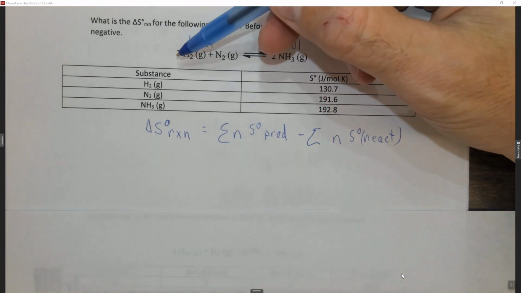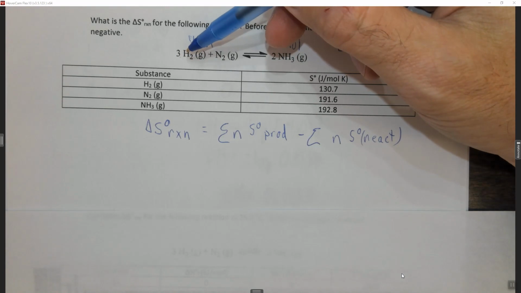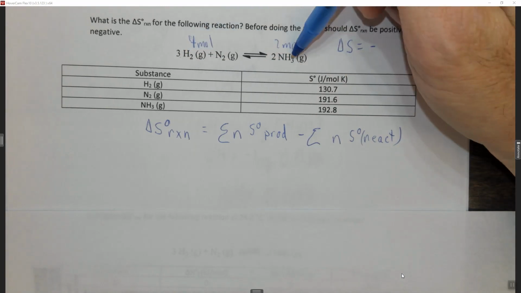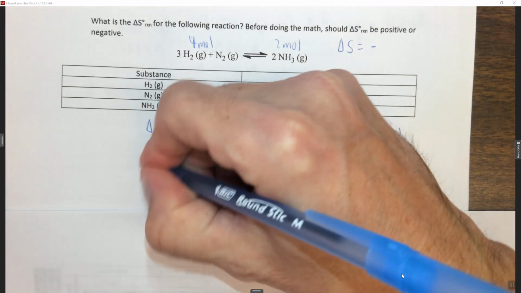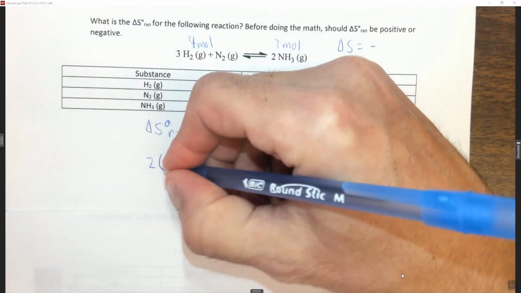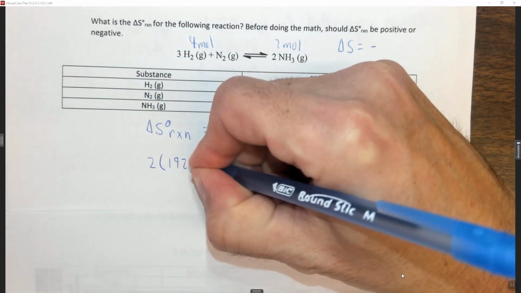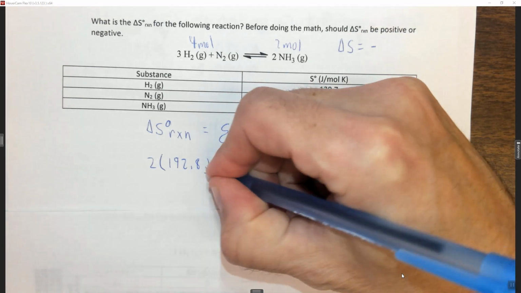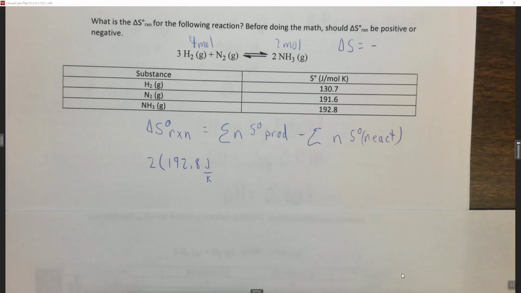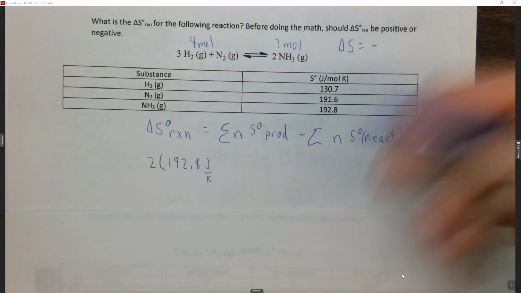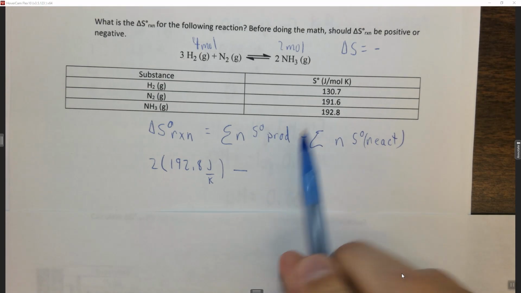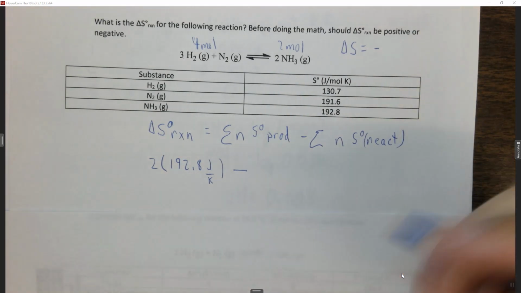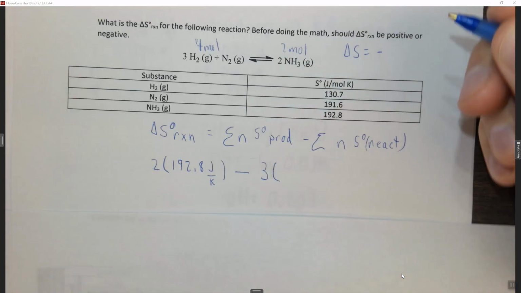So in this case, the first product is NH3. So we have 2 times 192.8 joules per K. All right, if you wanted to put 2 moles and put joules per mole K, that would be fine too. Minus, because it's minus reactants, 3 times